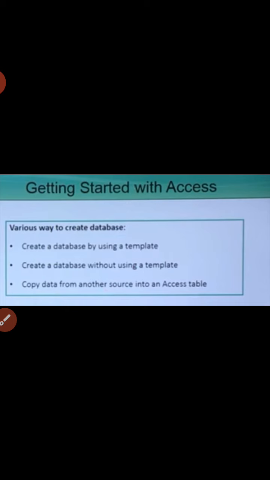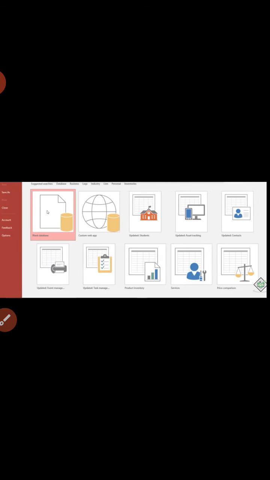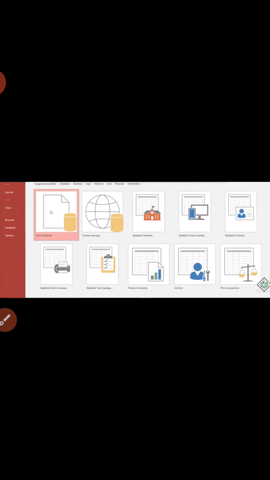Now, to create a blank database, we have to first start MS Access, and to start MS Access we know that first we have to click on the start button. From there you have to select all programs, then Microsoft Office, and finally Microsoft Access 2010.